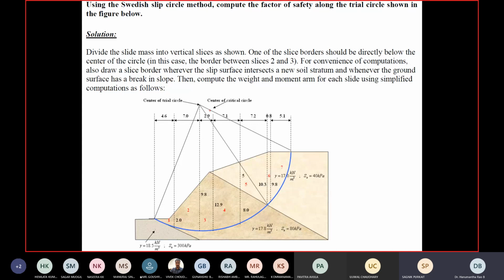Sir, I think it's Morgenstern and Price method. Yeah. So any reason? Because they have considered the variety of slope angles in a single slope. Exactly. So the best method for this kind of slope is Morgenstern Price, because there is an inbuilt capability of defining the top surface, the slope.